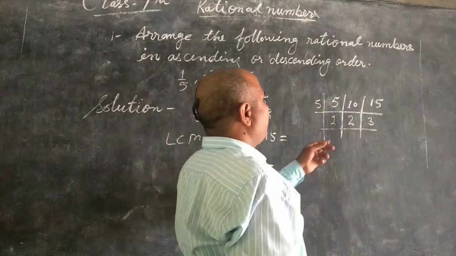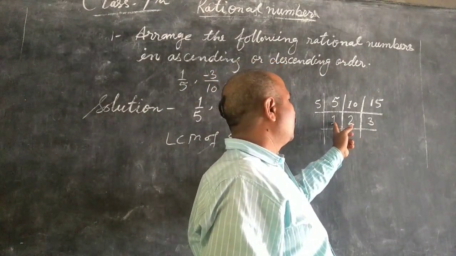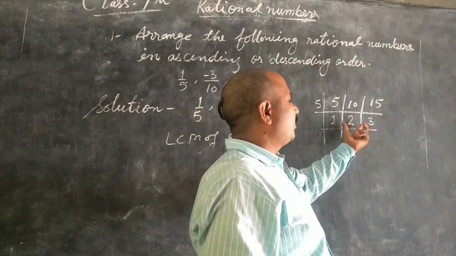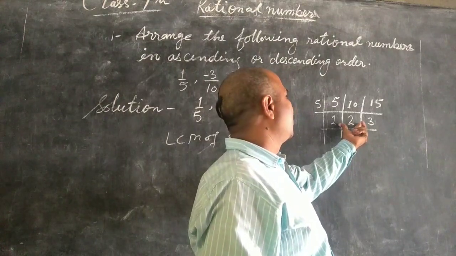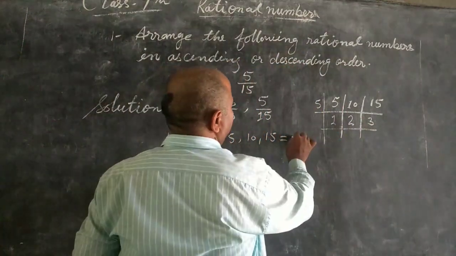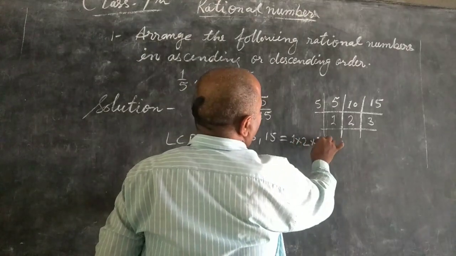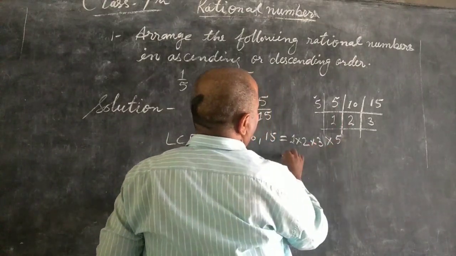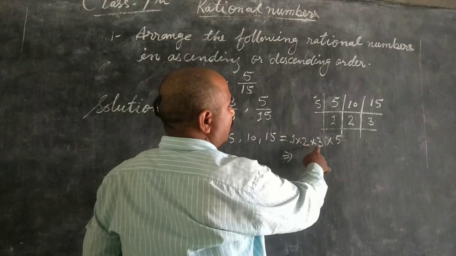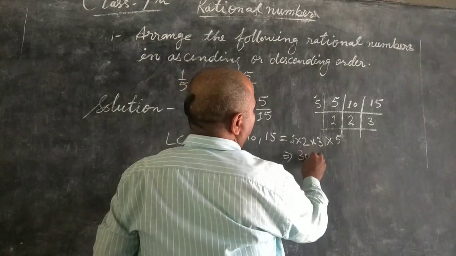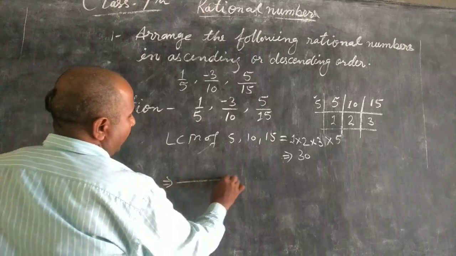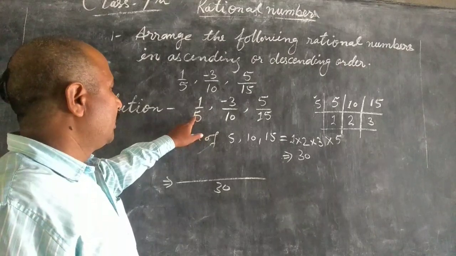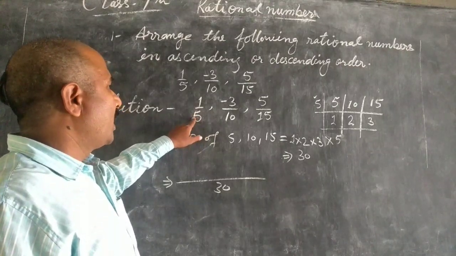Here you can see in the second step 1, 2, 3. 2 and 3 are both prime numbers, so no need to do further division. In this way you can write the LCM as 1 into 2 into 3 into this 5. So your LCM will be 1 2s are 2, 2 3s are 6, and 6 5s are 30. In this way you will take the LCM 30, and after that you will divide the LCM by each of